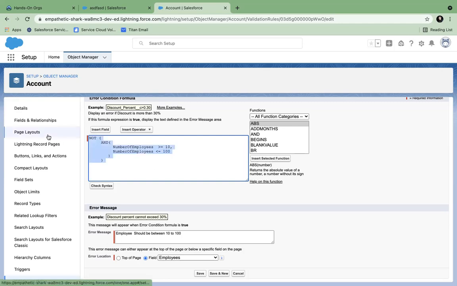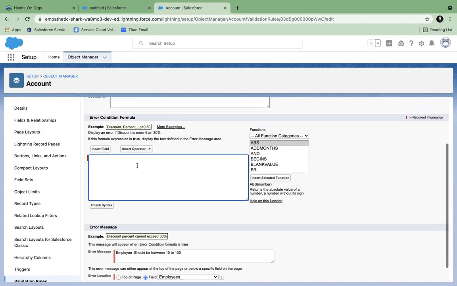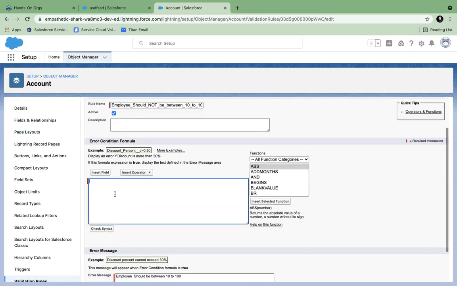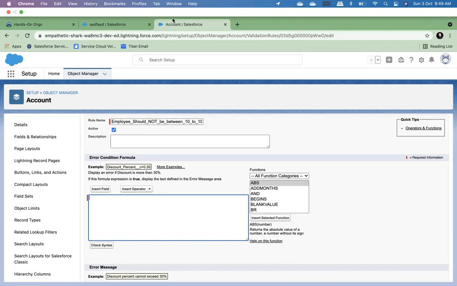I will remove this. Let's start from scratch. Employee should not be between 10 to 100. Now tell me, what would be the condition? There is a chat window which I will open up.